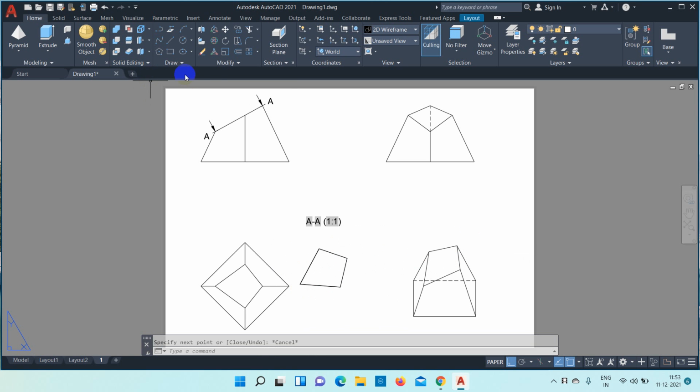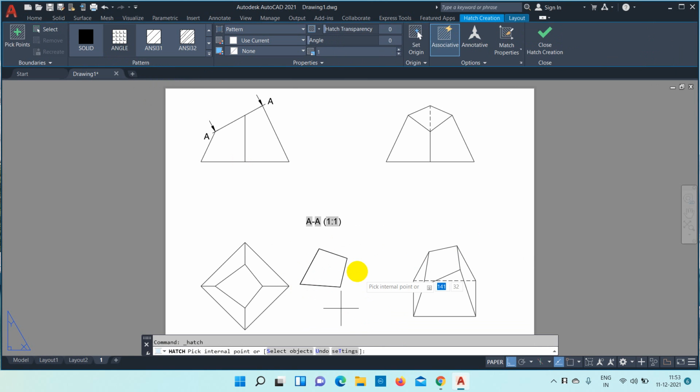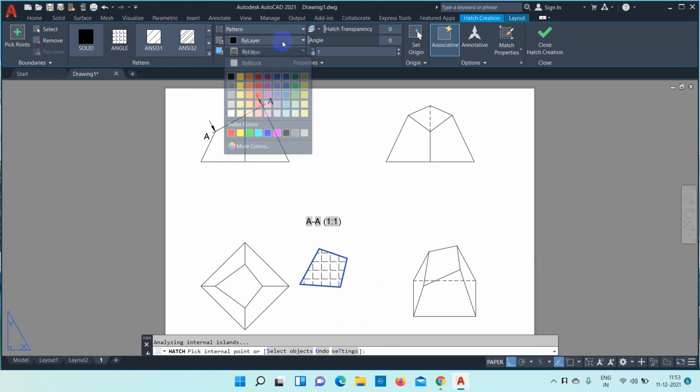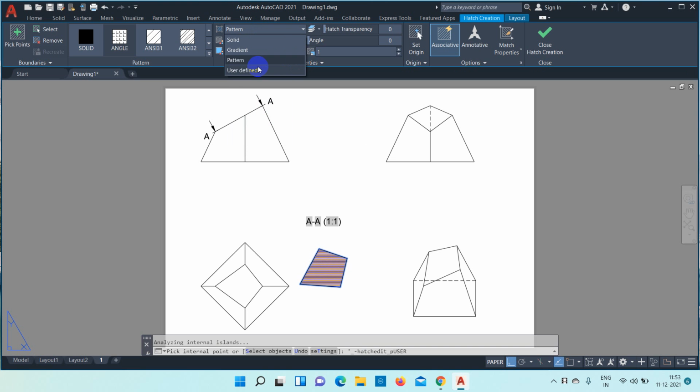Now let's see hatching. If you click this closed entity, automatically you get it. You can just change the pattern as well as color as per your requirement. Whichever pattern you want, you can change it.